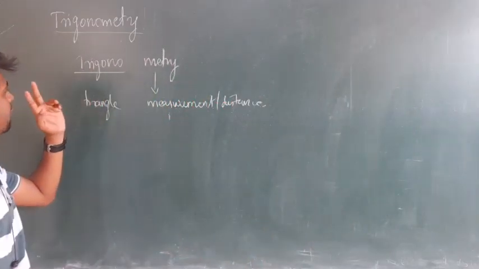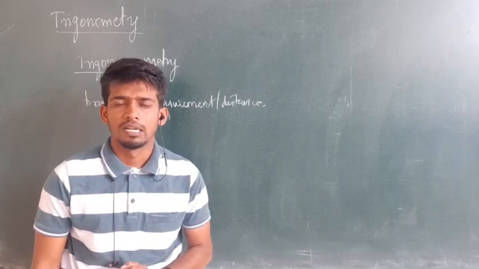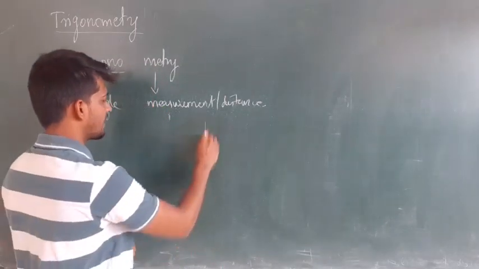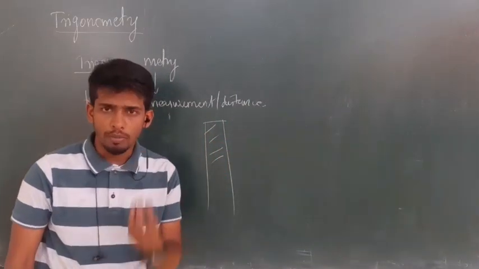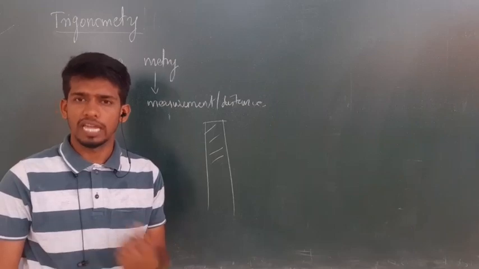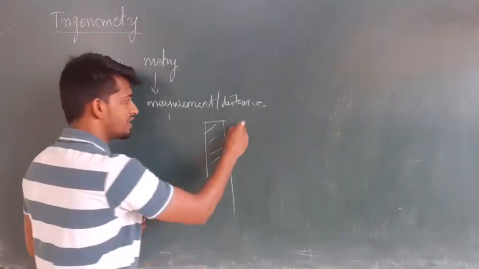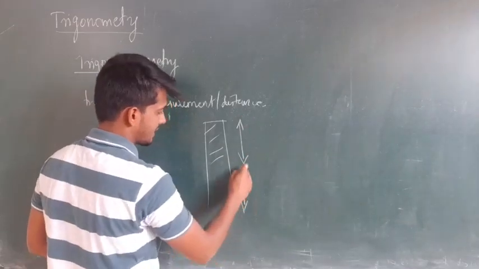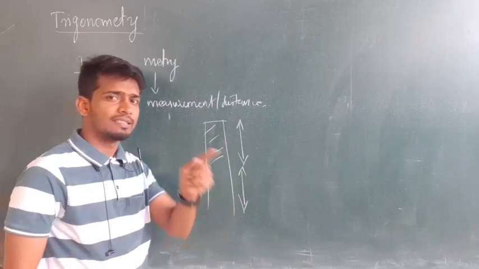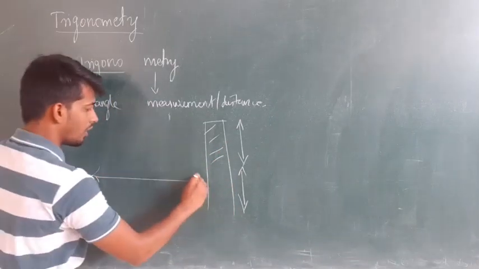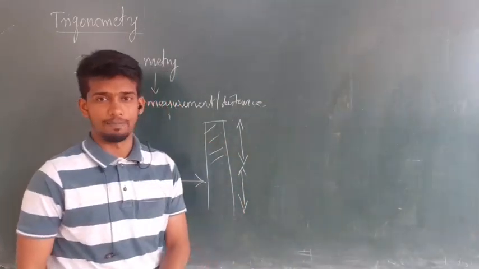So where do we come across trigonometry? In real world applications, where can we apply this? Say for example, if you want to calculate the height of any object, a building, a tower, a mountain, a tree. It may be any object. If you want to calculate its height, it is very difficult to measure vertical distances. Rather, compared with that, measuring the horizontal distance, that is, measuring distances on the surface, is easy.